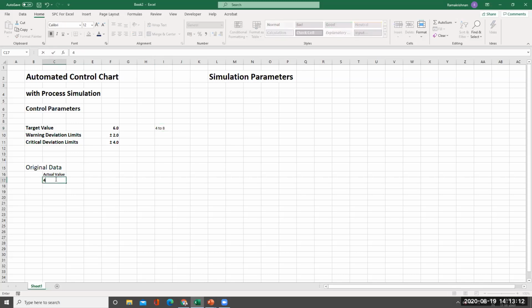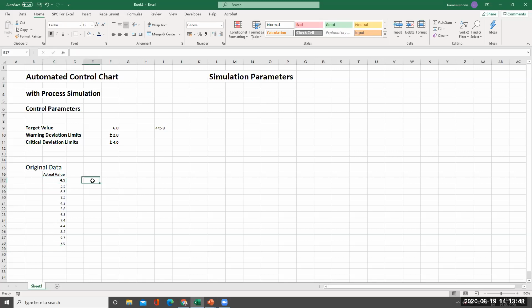So 4.5, 5.5, 6.5, 7.5, again 4.2, 5.2, 5.6, 6.3, 7.4. And then again, I'll repeat this probably again 4.4, 5.2, 6.7, 7.8. How many values are there? I'll have to have 20 means 36 values.